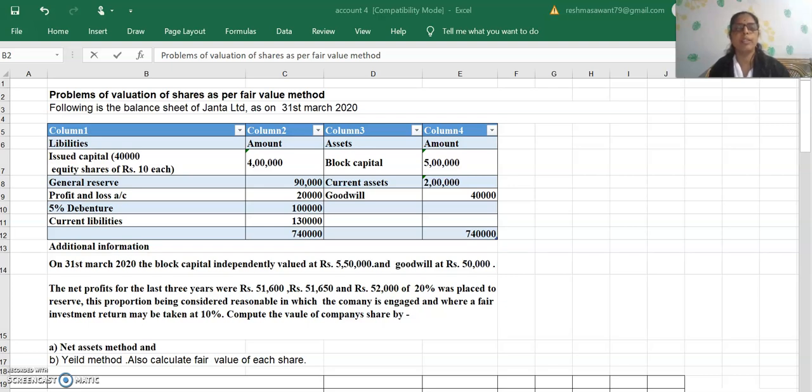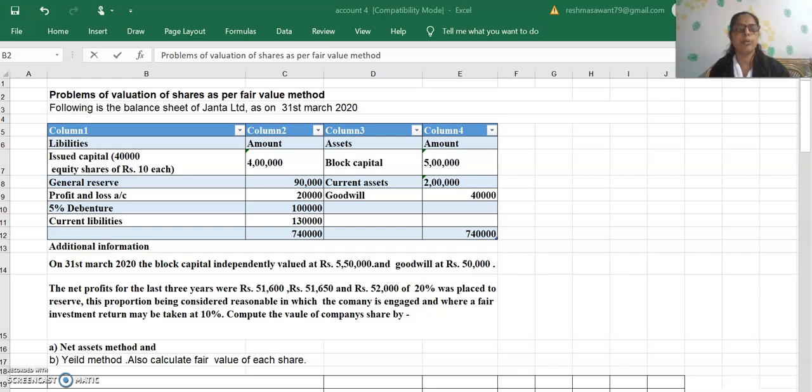In the fair value method we have to calculate the net asset method as well as the yield basis method, and then the fair value method. So you can say the fair value method of valuation of shares is an average of the first method, that is the net asset or intrinsic value method, and the yield basis method. Now one by one we calculate all three methods in one question. So